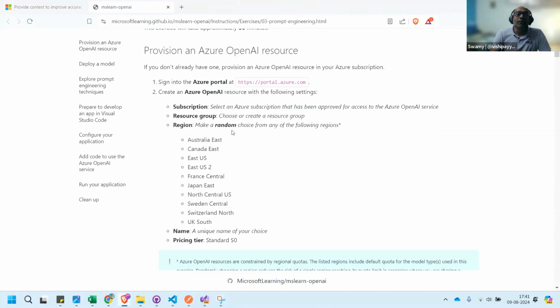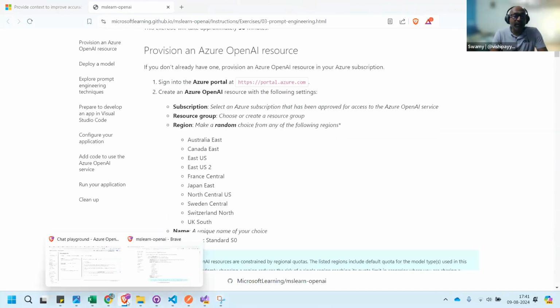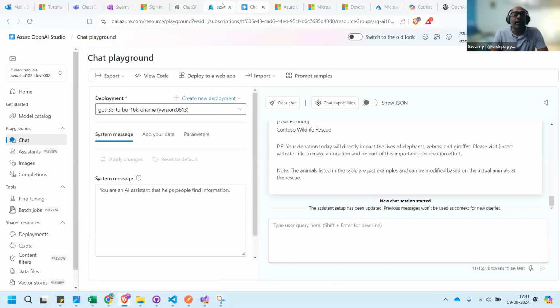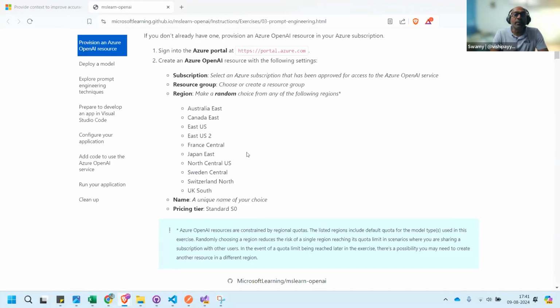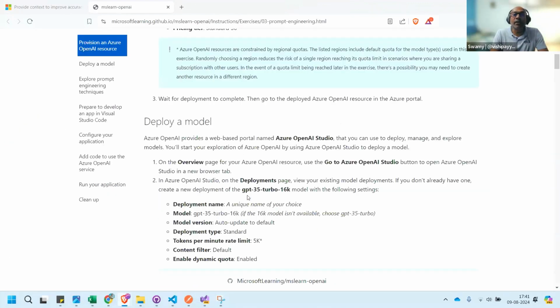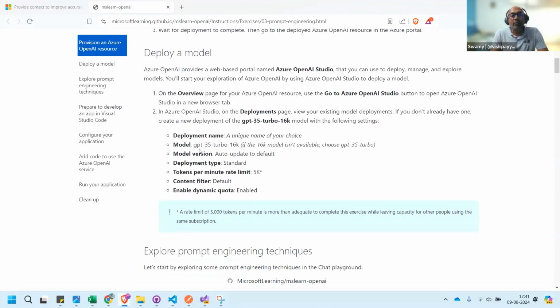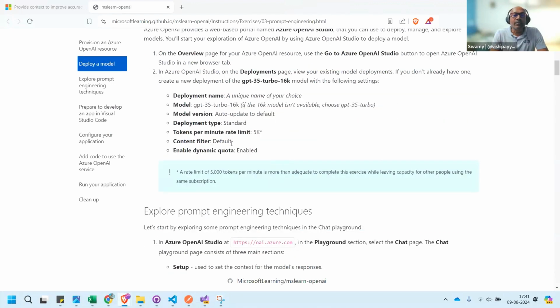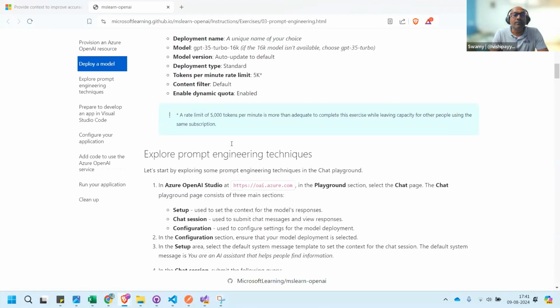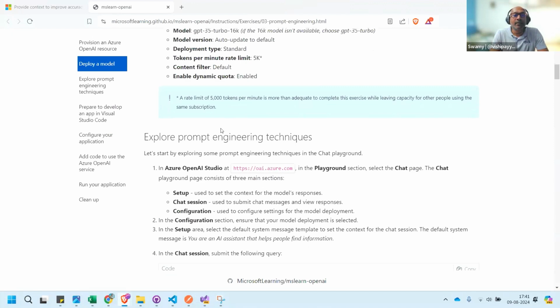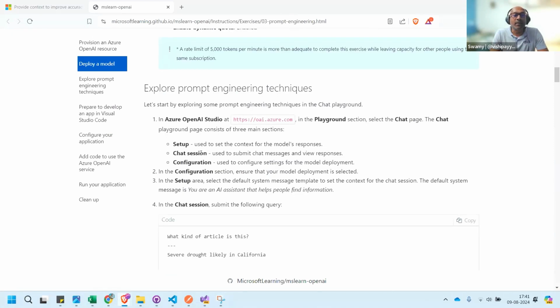So we created the resource. We do definitely have a resource here, AI resources, and please be very careful in which region you are creating. What are the limits? We need to have Turbo 16K, and then here are some of those things.